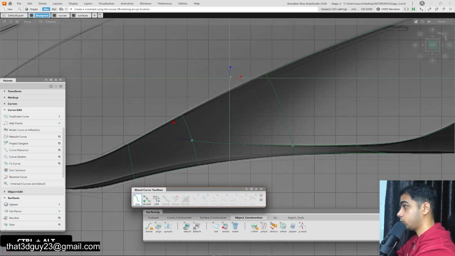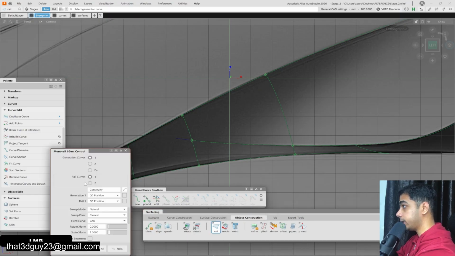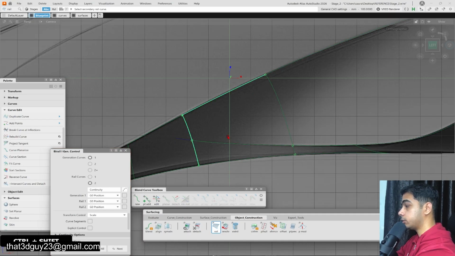The same tool here and the same tool here, and let's see if we can have a G2 continuity here. So let's use rail and see if we can have a G2 continuity here. So 2,